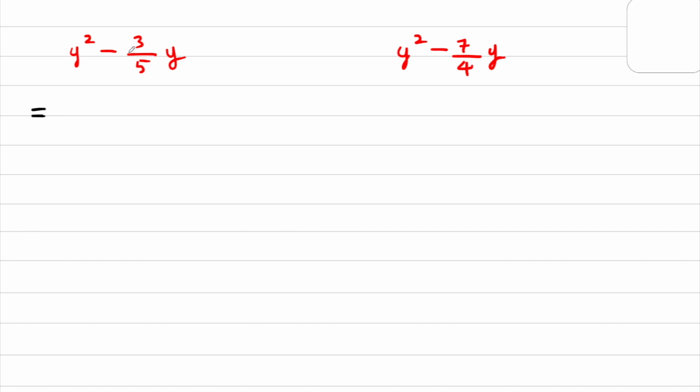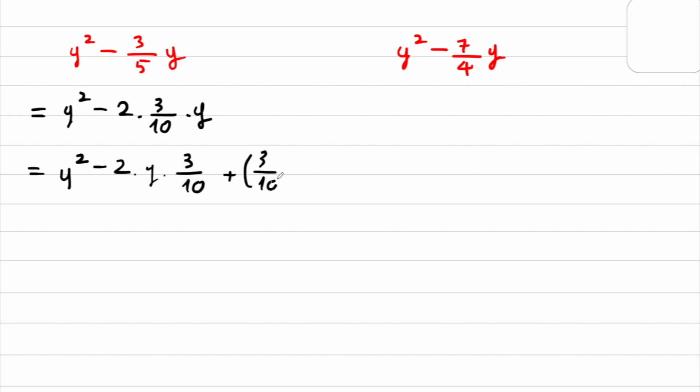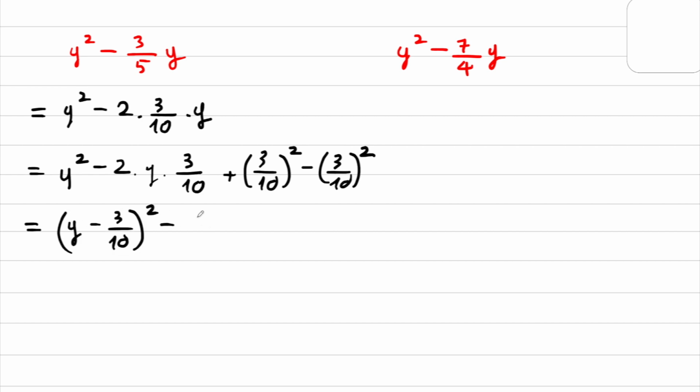y squared minus 3 over 5 multiply y. y squared minus 2y multiply 3 over 10. Right now, add 3 over 10 squared and minus 3 over 10 squared one more time. So here you got y minus 3 over 10 squared, and here you got minus 9 over